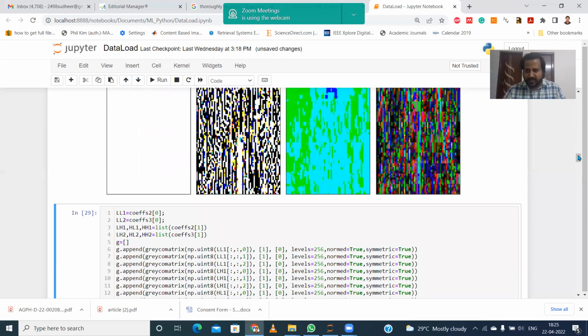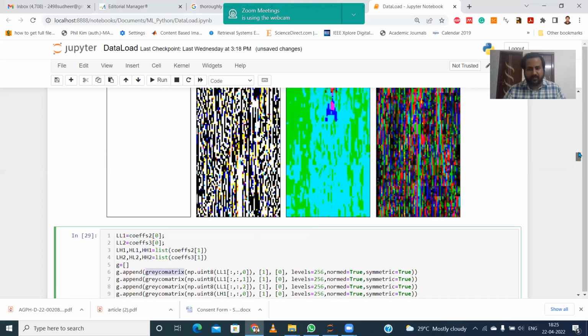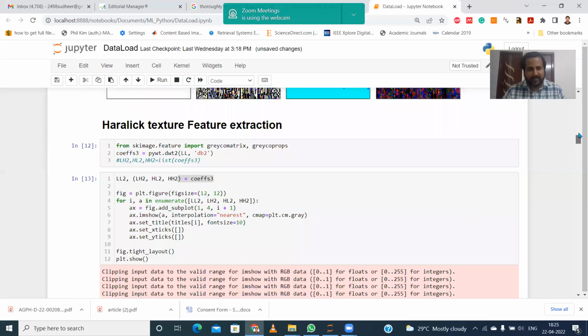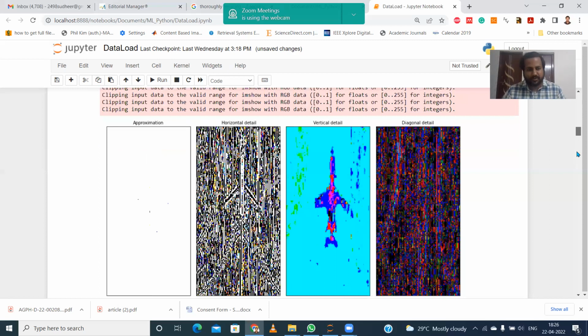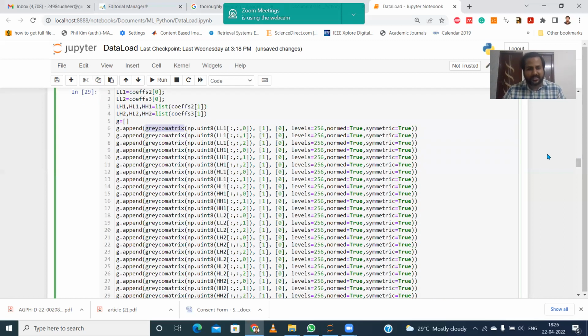So now if you understand, you can extract these gray level co-occurrence matrices for all the 8 coefficients. Why 8 coefficients? Here we have approximation, horizontal, vertical, diagonal coefficients in the second level wavelet, and approximation, horizontal, vertical, diagonal coefficients in the first level. So total 8 coefficients are there, and for these 8 coefficients you can extract the